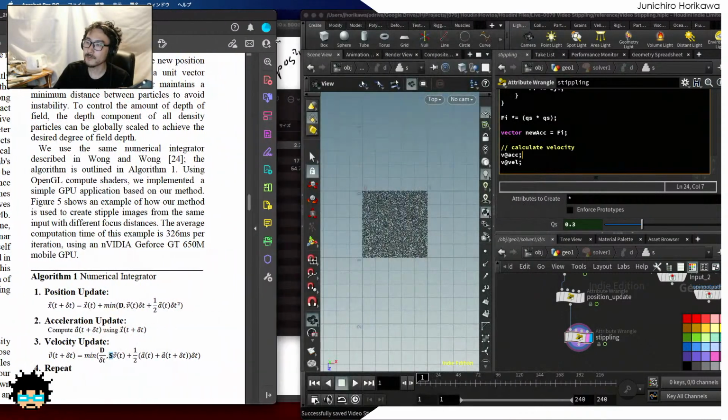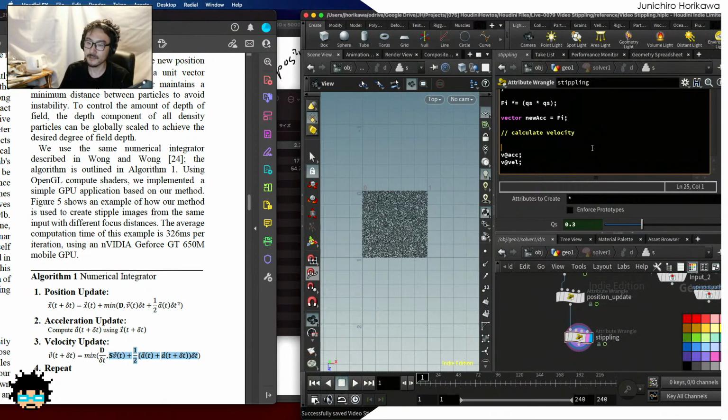Let's keep that in mind, and let's calculate this velocity. First of all, let's calculate this part. So we need an S and D first. S, let's give that as a parameter. S is the damping, and D